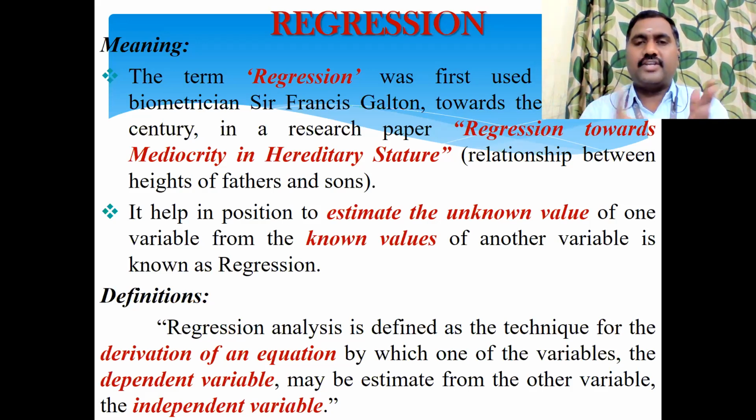Both regression and correlation are there to find out the relationship between two variables. That's why these two methods are called bivariate analysis. In correlation, we need two variables, either dependent or independent. But in regression, in those two, one variable should be dependent and another should be independent. If you have two or more variables, one should still be dependent, and you can have three or four independent variables.